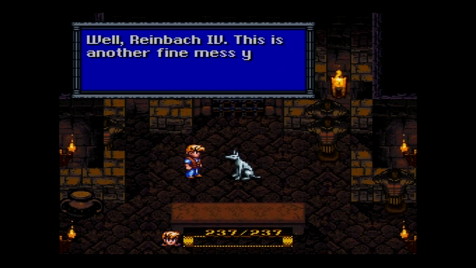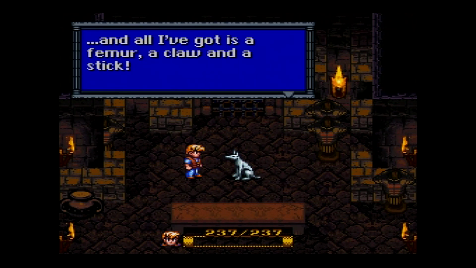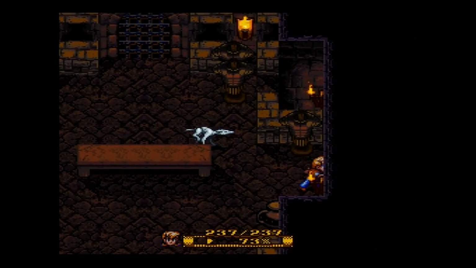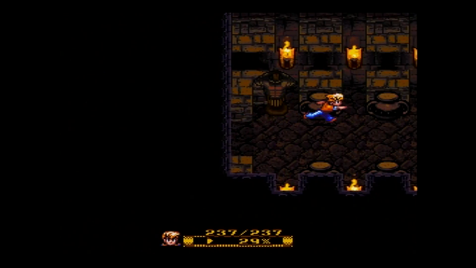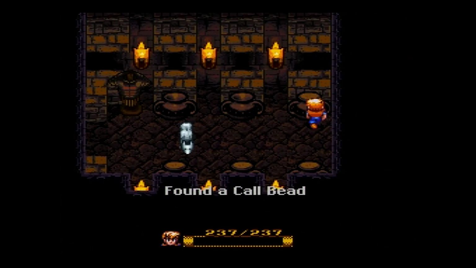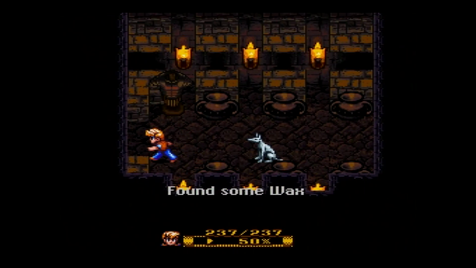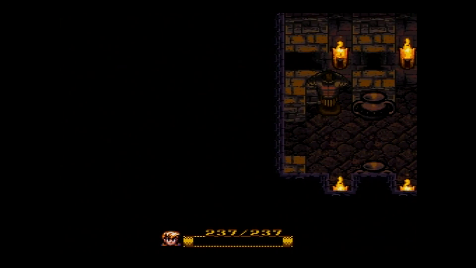Okay. Gonna investigate the area. See what items I can scrounge up. Ooh. Alright, we got a new helmet and a new bracer. Excellent. That's a nice upgrade. And I just realized...